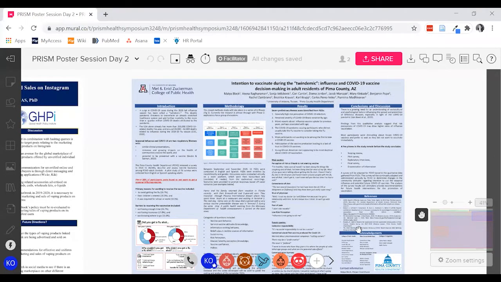Yeah, we're still in the middle of trying to analyze what the interactions may be, but it does seem from initial findings that past vaccination behavior does affect future vaccination behavior. And so if your attitudes are generally positive towards the vaccines, that may also influence how you might perceive the COVID-19 vaccine. But there are also very unique factors that are affecting people's ideas and attitudes and beliefs surrounding COVID-19,